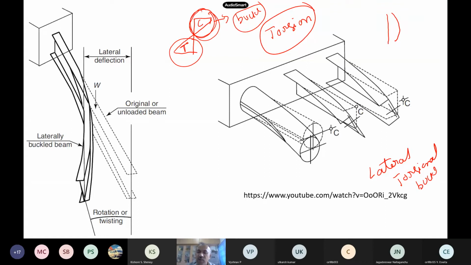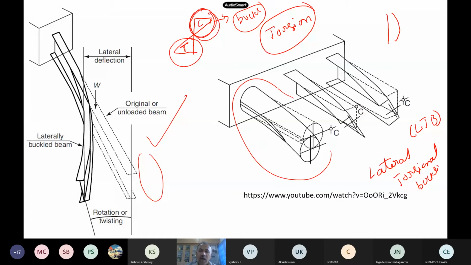This is the most critical thing for beams. In any beam, although there is no eccentricity, the load is symmetric, everything is perfect, still there is a chance of buckling here. You can see here, this is a channel section. Why has this buckled here? Oh, sorry, this is an I section. You can see it has buckled in the other direction itself. Any cross section, even a circular cross section or channels, whether the load is acting at the shear center or wherever, there is always a chance of lateral torsional buckling.